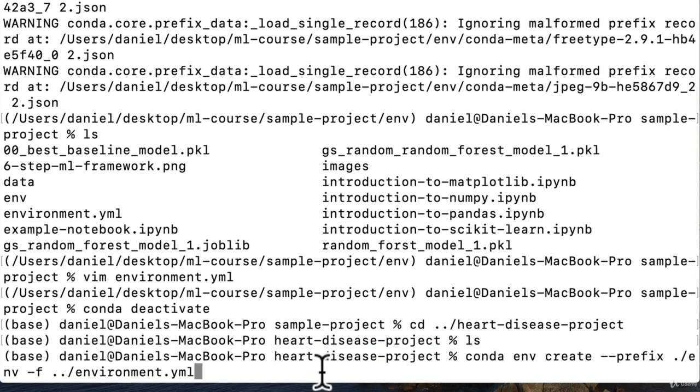Now doing it this way ensures that we get the exact same tools as in our sample project env. The other way we could do this, the one we've seen before, is by just going conda env create --prefix ./env and then passing it the tools we want. Scikit-learn, pandas, numpy, matplotlib, Jupyter. We could do it that way. But in this case, we want to make sure we have the exact same tool set for this project that we've been working on. So that's why we'll run the command conda env create --prefix ./env